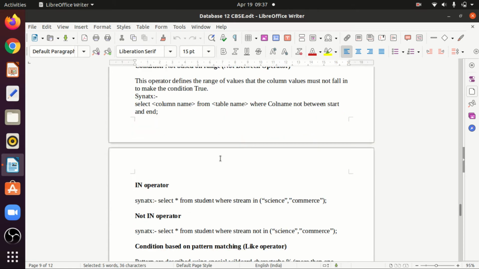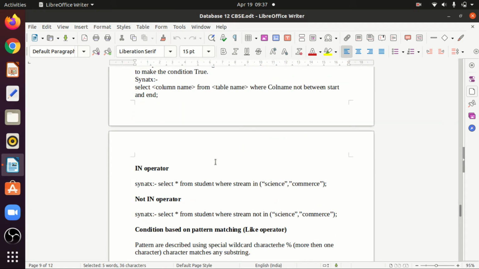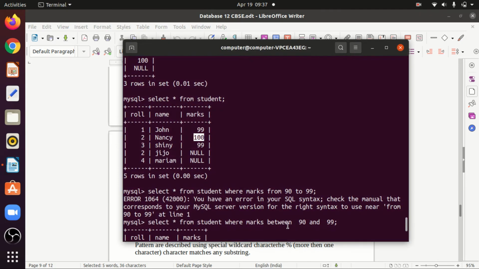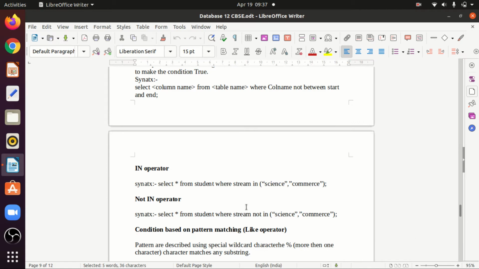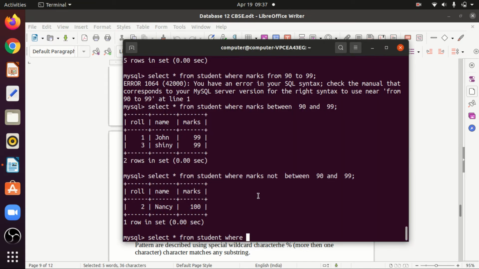Now there is the in operator. The in operator is nothing but you can check whether that particular data is there in a particular table or not. For example, select star from table student where name in Nancy.